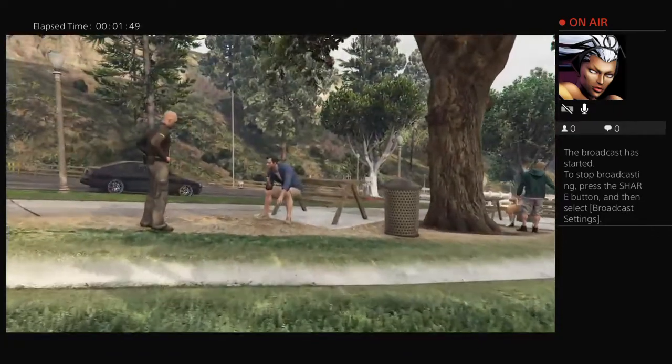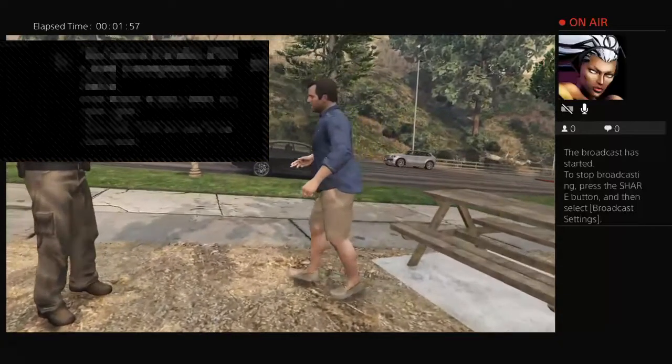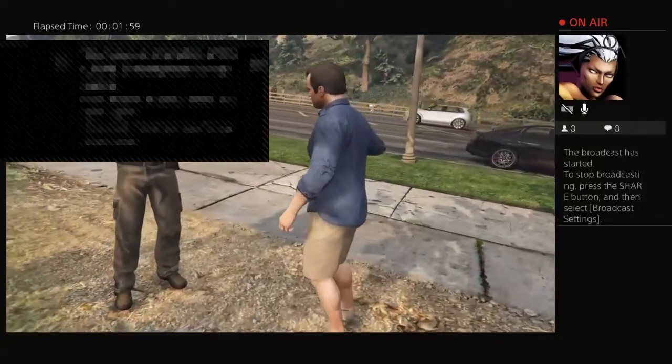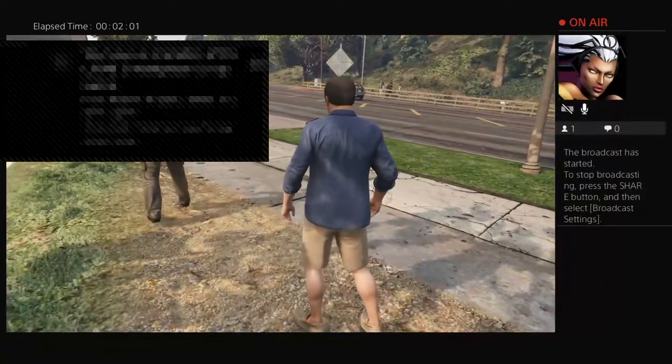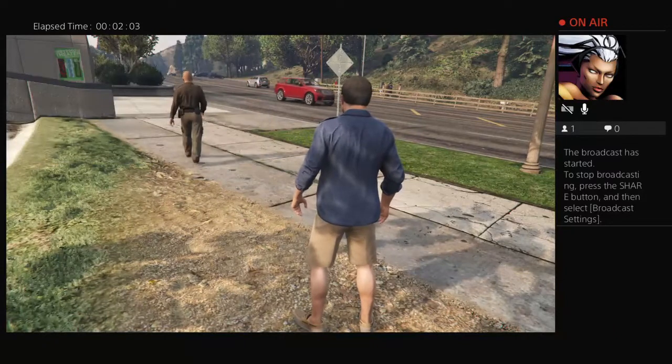Hold on, let me turn all my audio out of my headphones so I can hear better. But basically it'll be a walkthrough on how I use Rockstar Editor